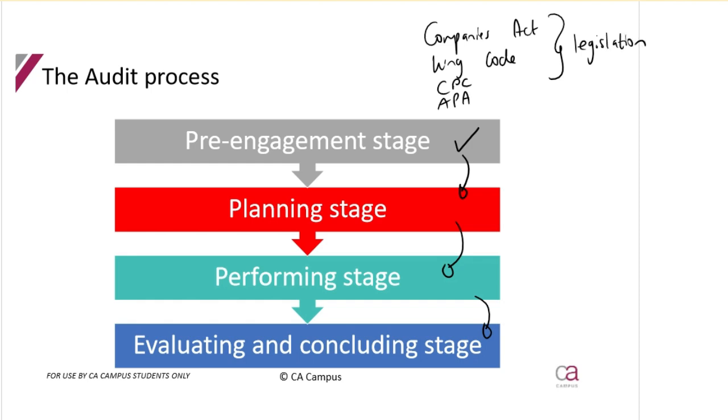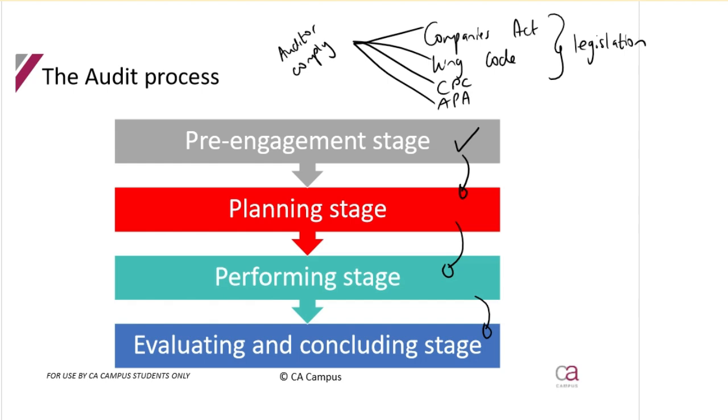Well, the CPC and the APA, Companies Act and King all have elements for which the auditor has to comply. The Companies Act talks about the auditors and auditor rotation, and who the auditors cannot be in order to maintain independence. So in taking on a client and in performing, the auditor needs to make sure that they comply with the auditor elements of the Companies Act, the auditor elements of the King Code, and then they have to comply with